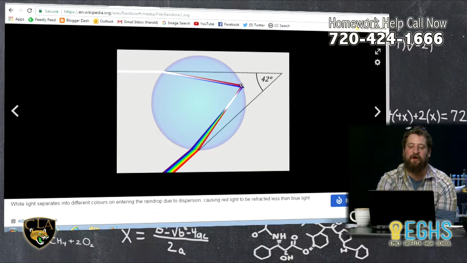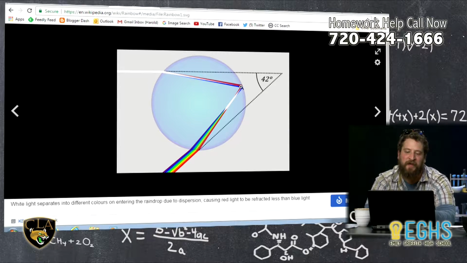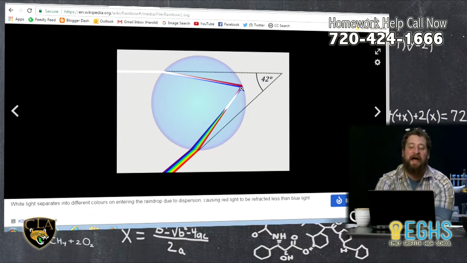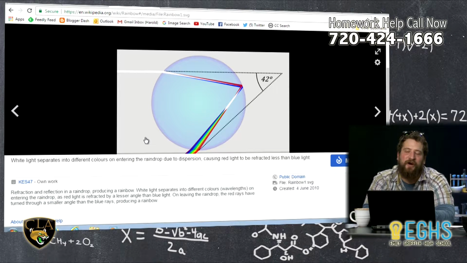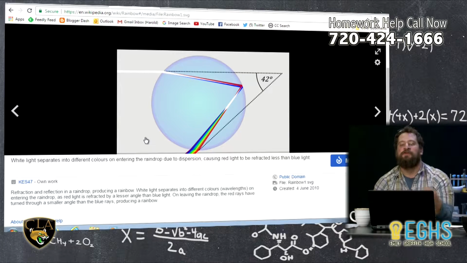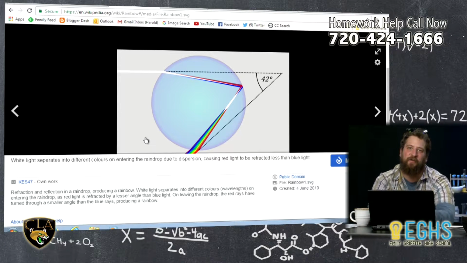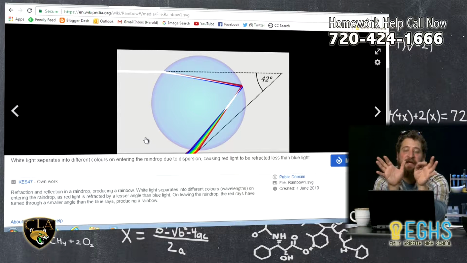As it passes into the water droplet, that's that same refraction that we talked about happening in the glass prism. So the light can reflect off the back of the water droplet, and then it refracts again as it leaves the water droplet. And so what you end up with is you start with white light, and then through the reflection and refraction that happens inside of the water droplet, that white light is split into the visible spectrum of